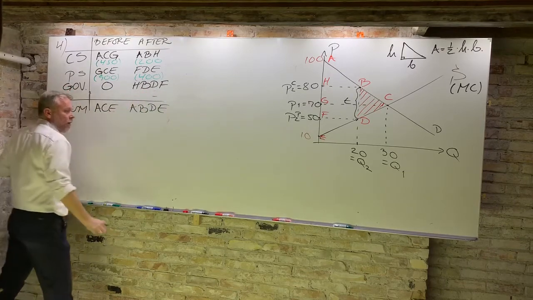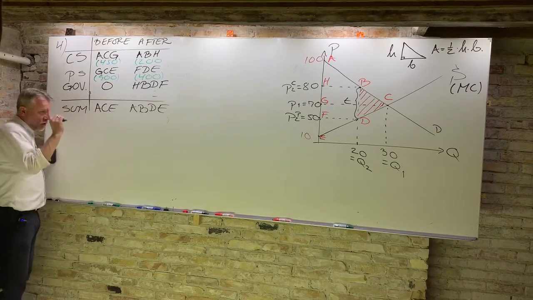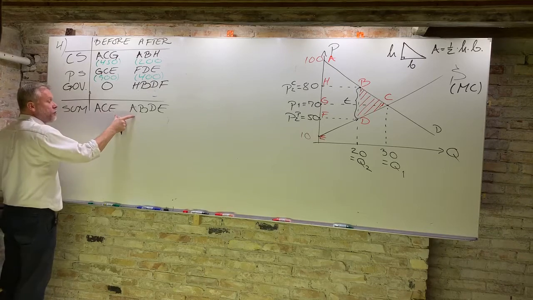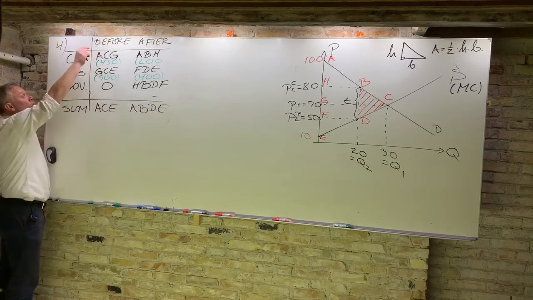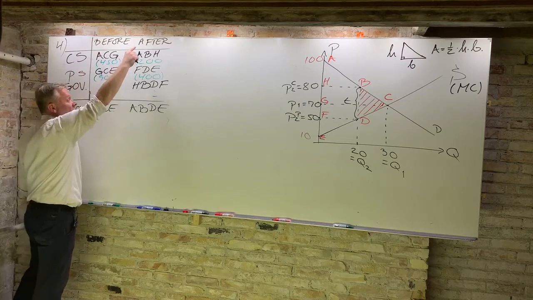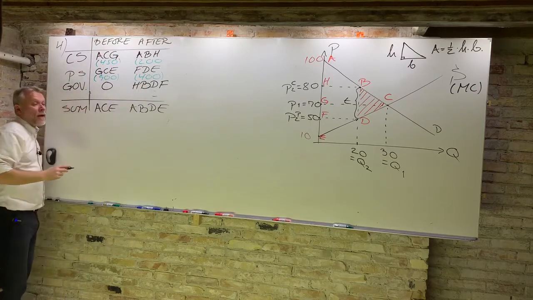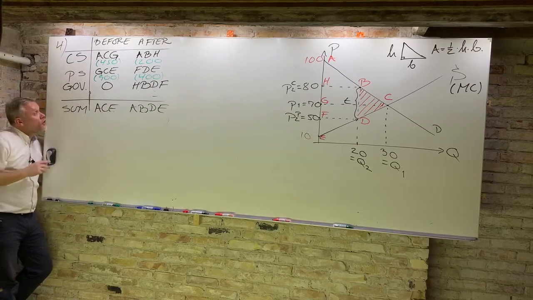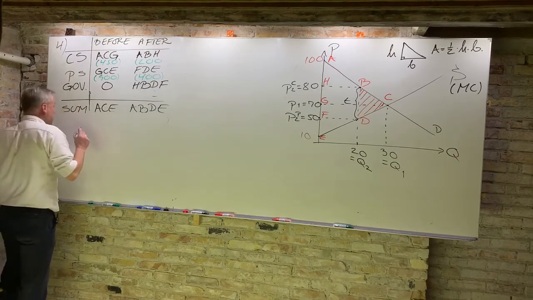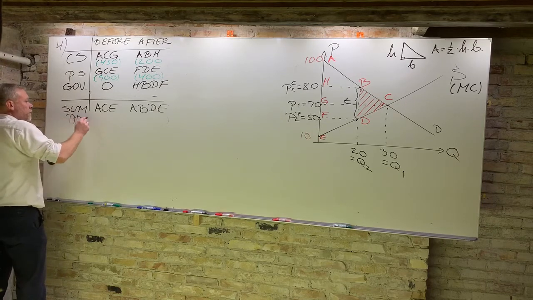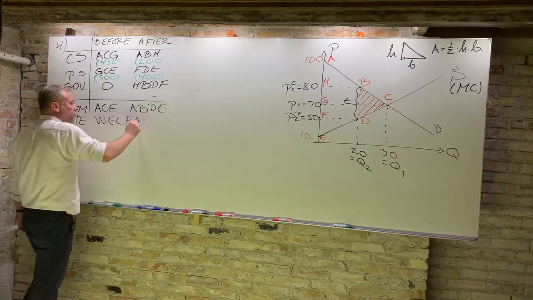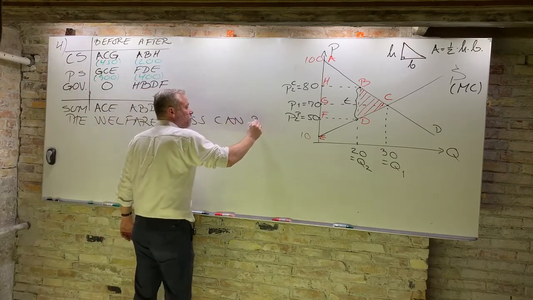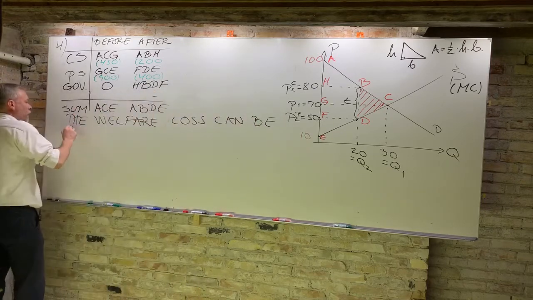The way we found the efficiency loss up until this point was by comparing the two sums here, the two total welfares, the total welfare of consumer, producer, and government before and after. And that's one way of thinking about the welfare loss. It's simply a loss in total welfare accruing to consumers, producers, and government. Let's write that. The welfare loss can be thought of